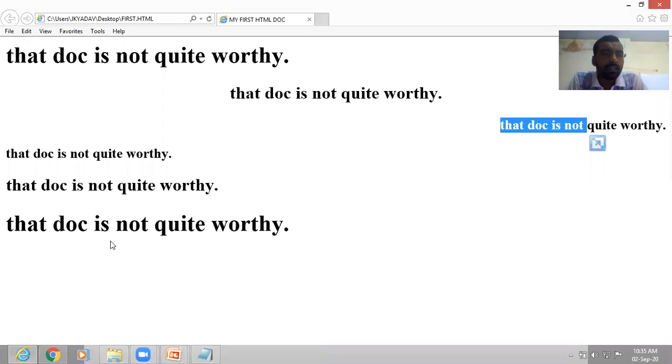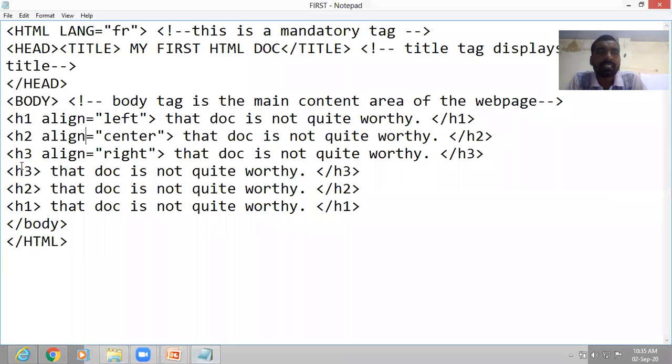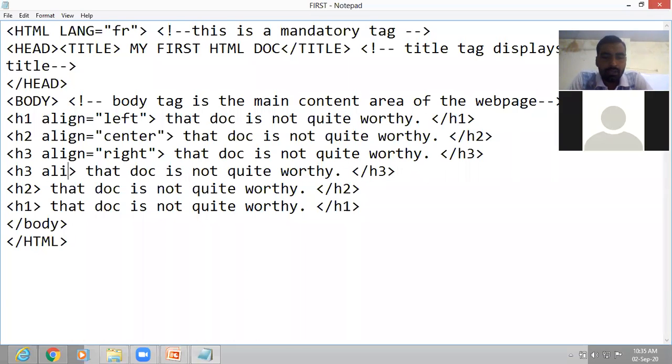Now let us change once again for this text also, as given here. Let us write this one as H3 align equal to right.